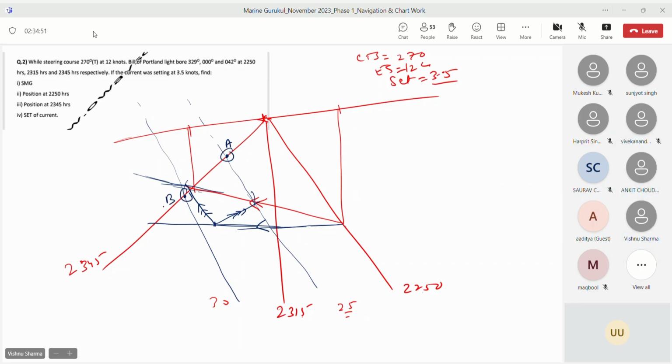यस सर. ओके. अब जो तुम्हारा CMG है, जो CMG लाइन है, जब तुम यहाँ से बैकवर्ड ड्रॉ करोगे, करेक्ट बेटा? तो you have to just see A dash and B dash. These will be the possible tracks, right? Yes sir. Then see on the chart, are they both safe? A dash to A and B dash to B. Are they both safe? सेफ ही थे सर, सेफ थे सर, सेफ थे।